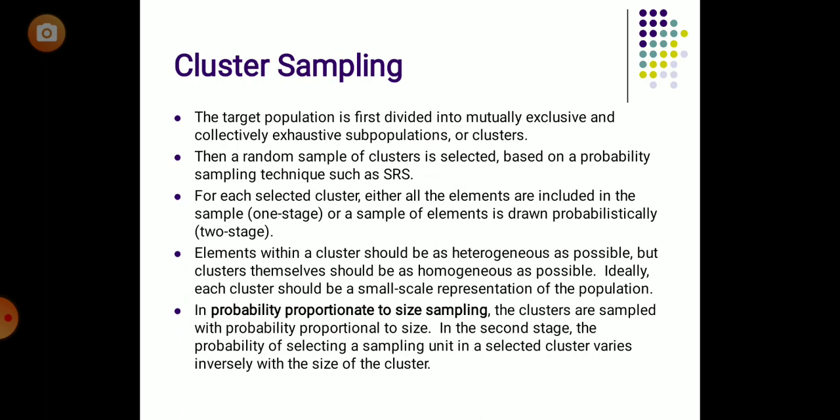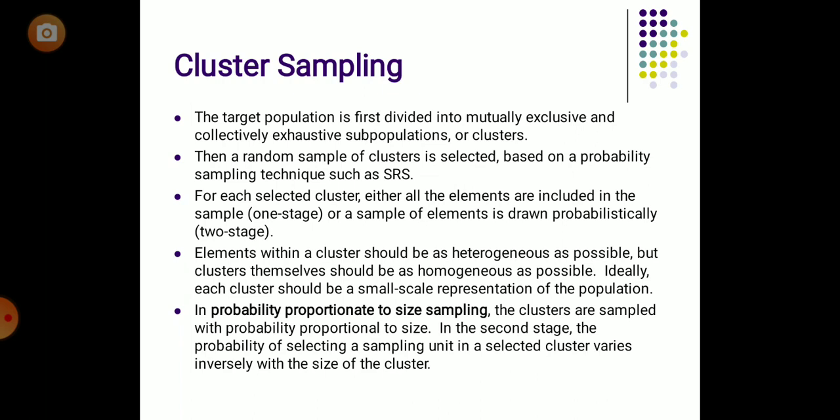Let's say, for example, the researcher wants to select 50 respondents from these societies. If we follow cluster sampling, the researcher will select all the respondents either from society A or from society B, because society A and society B are more or less homogeneous, more or less the same. So it doesn't make any difference whether the researcher selects the respondents from society A or from society B. So this is the method of cluster sampling.